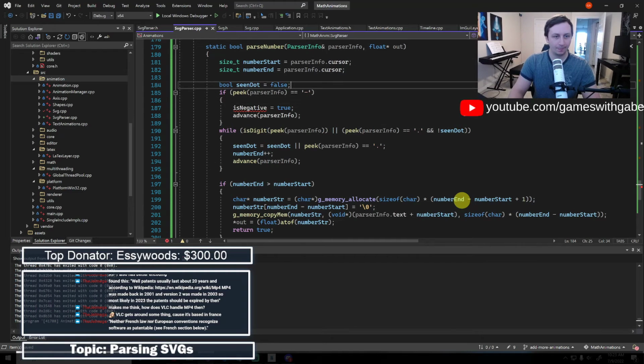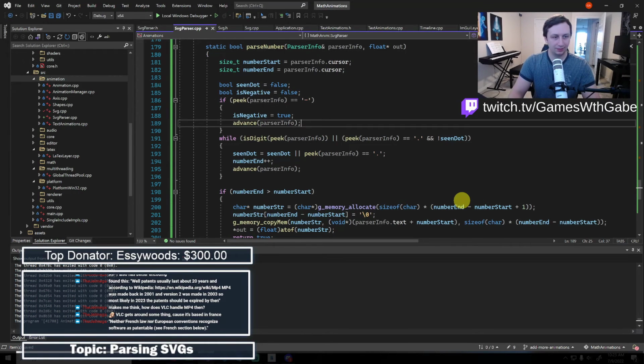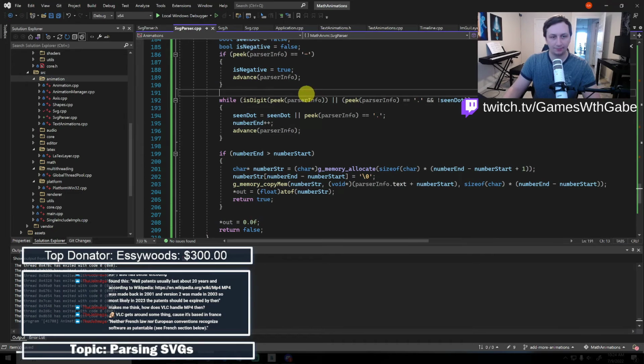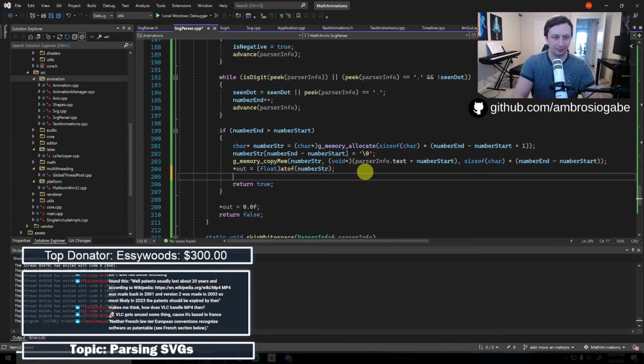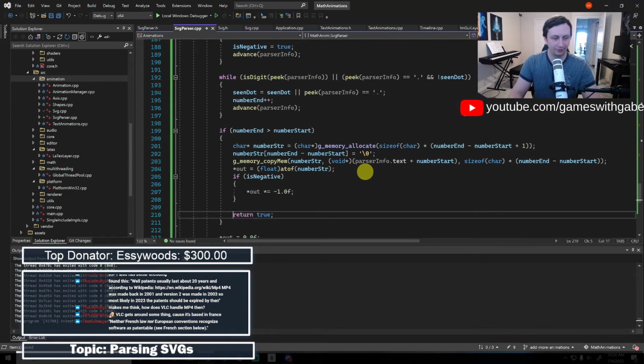Okay. And then we'll just say bool isNegative equals false. There we go. And then that should mean that we will stop at the end of this. If we hit a negative symbol, that should stop this and everything too. And we will basically just say if isNegative, star out times equals -1. Okay. There we go. I like that better.